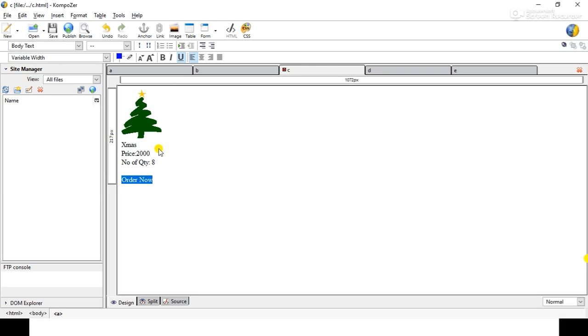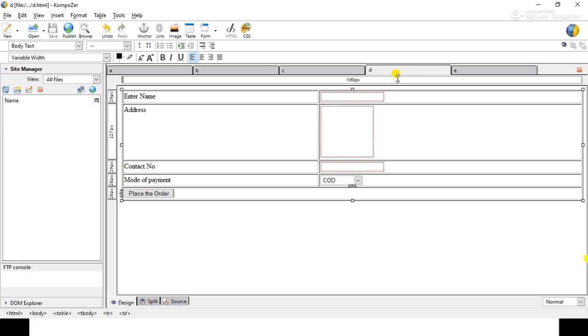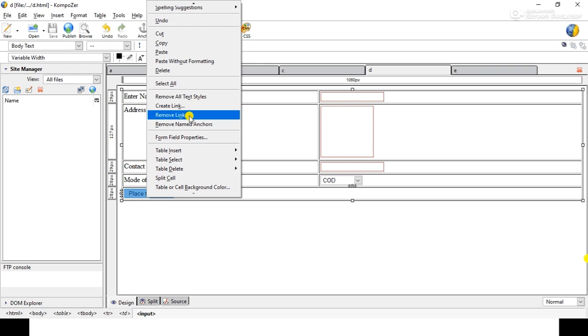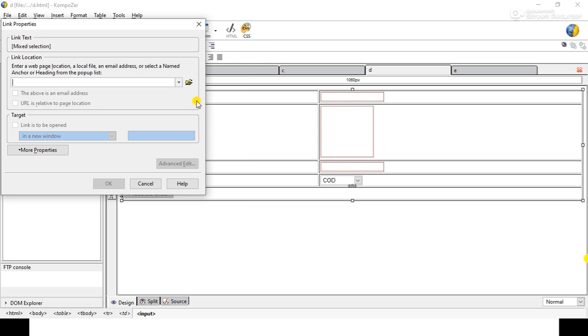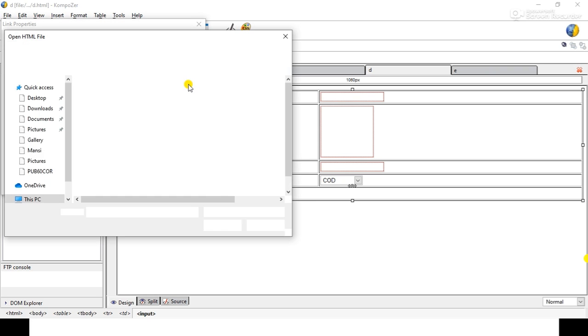OK. Now we will save this C page also and we will go into the D page for giving the hyperlink to the button to navigate to the E page. So we will right click on this button and select this create link option, and we will select this E page.